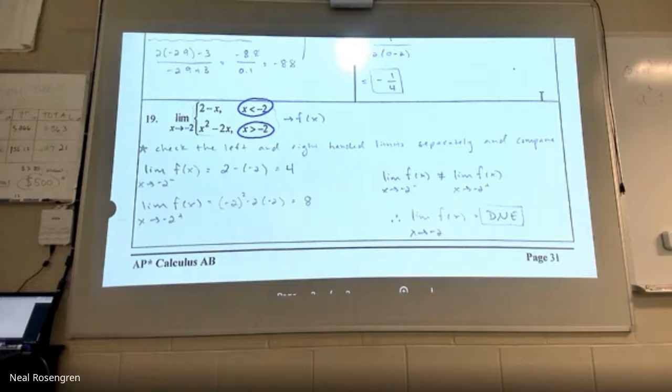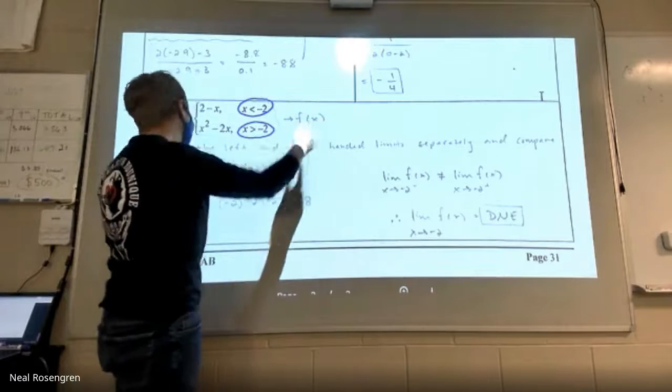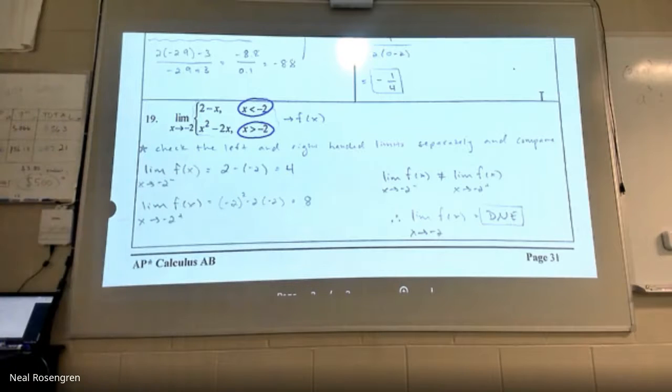I won't put a piecewise one on the quiz, but I wanted to do the answers so you can see how they do it. And to save myself some trouble, I just said, okay, here's f of x. I named it f of x, so I could write just the limit of f of x, or g of x, or h of x, call it whatever you want. Because if you just say the limit as x approaches -2 and you don't say of what, you are incorrect. You're missing the noun in the sentence, right? You know what I mean? That is grammatically incorrect in terms of the mathematics.